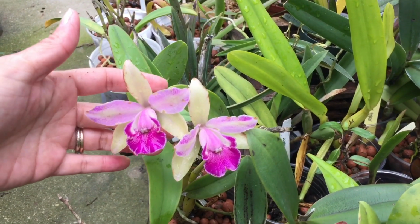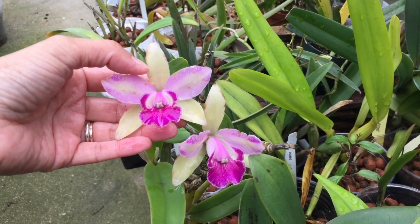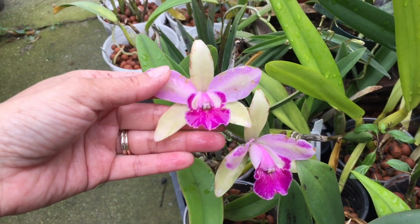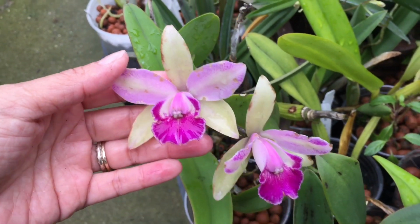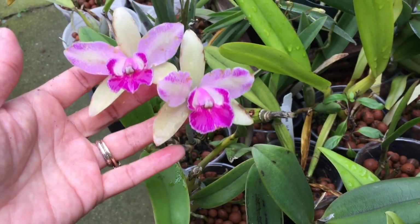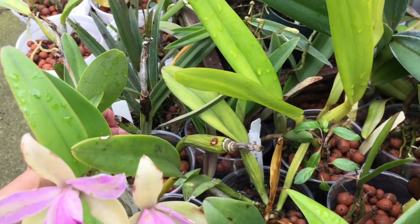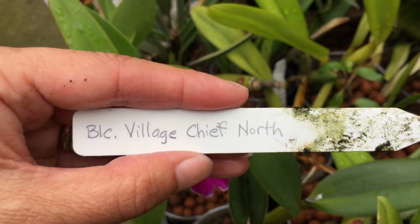So right down here I have Cattleyas in bloom. The thing about stuff being outside for the summer is it gets a lot of water damage. Even these Cattleyas, this has actually got very thick substance, you can see the water damage on the leaves. So if I want to preserve how these guys look, I really need to take them inside, which I have not. But this is, I believe, Village Chief North